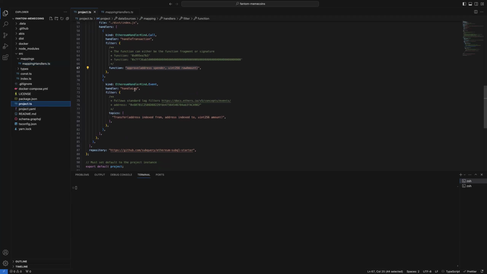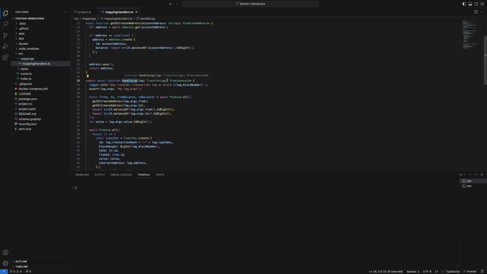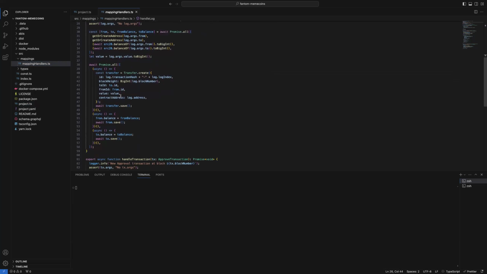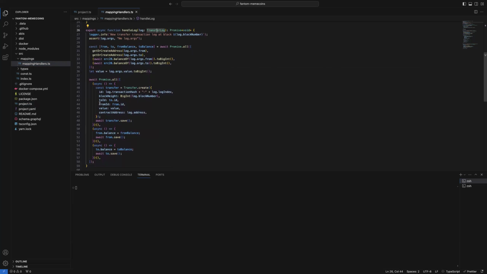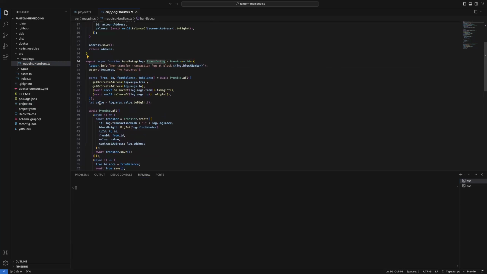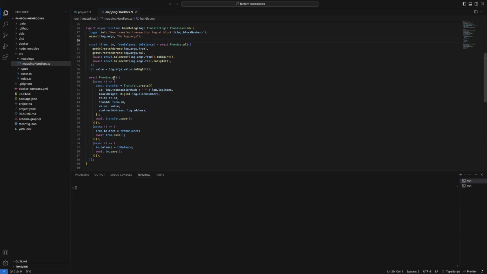And we're also having the same for events. So we're handling the transfer event. And here is where it is handled. It has more sophisticated logic. So just to quickly go over it. First of all, not only are we handling data from the event itself, we're also trying to query data from a smart contract, so that we can track the balances.